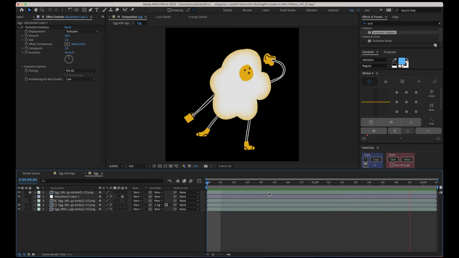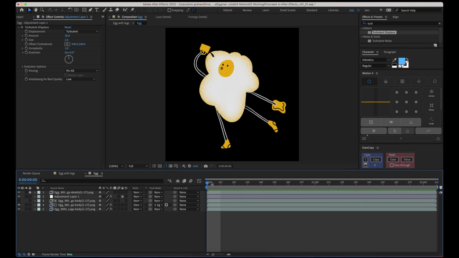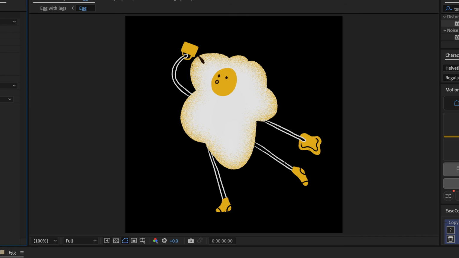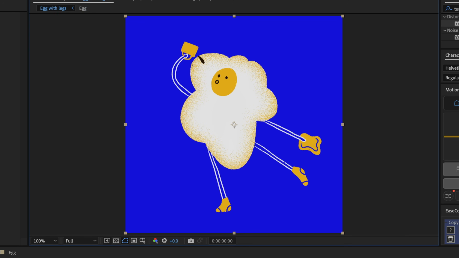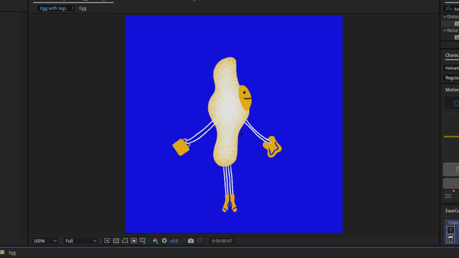We've got some texture happening. So we could have done this all in Procreate. It would have been very permanent because you have to go into each of the egg layers. So that's why we bring it into After Effects to have a bit more control and play around with the settings some more. All right, let's go back onto our main comp and see how that's looking with our background.